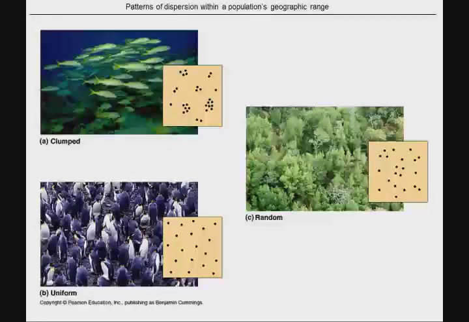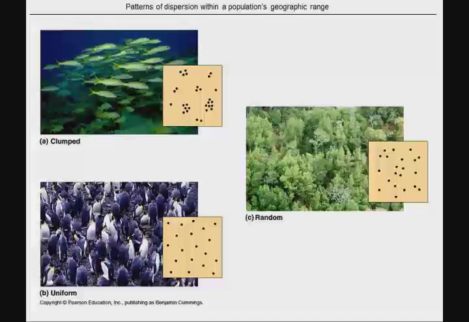So again, when we talk about patterns of dispersion within a population's geographic range, there are three general patterns that we can come up with. A clumped pattern, think of schools of fish. A uniform pattern, penguins or Americans. It's like, give me an arm's worth of personal space, don't invade that. Or they're in a random pattern. And the random pattern we often see with plants because seed dispersal is oftentimes random, and then plants can't move, right? They're sessile organisms. So again, that first parameter is going to be density and dispersion. Density being the number of individuals per unit area, and then dispersion is the pattern of the individuals within that